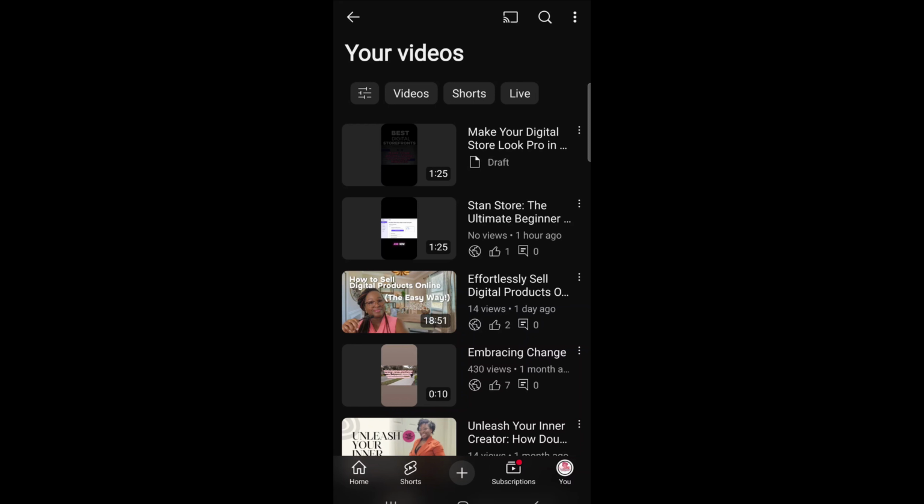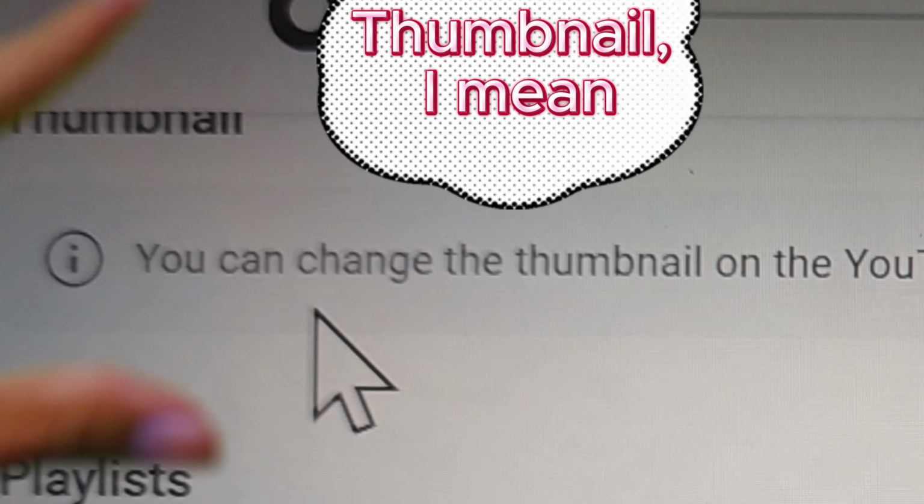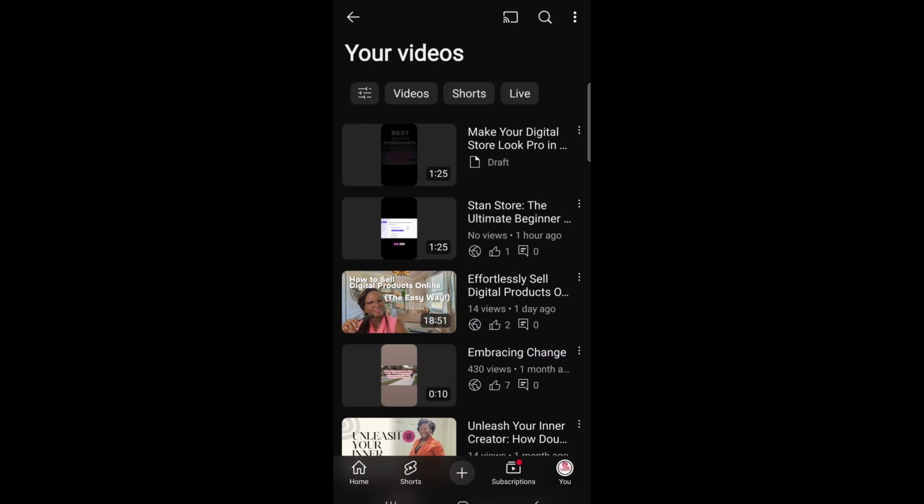Are you working on uploading your shorts from your laptop and you're seeing it's not allowing you to put your cover page on it? There's a message on YouTube that says you can change the thumbnail on YouTube mobile app. So I tried doing that, and I believe I did it in the past like that, but for some reason,